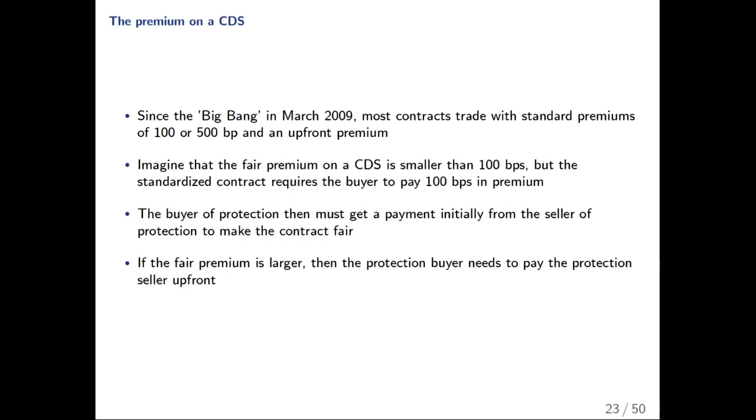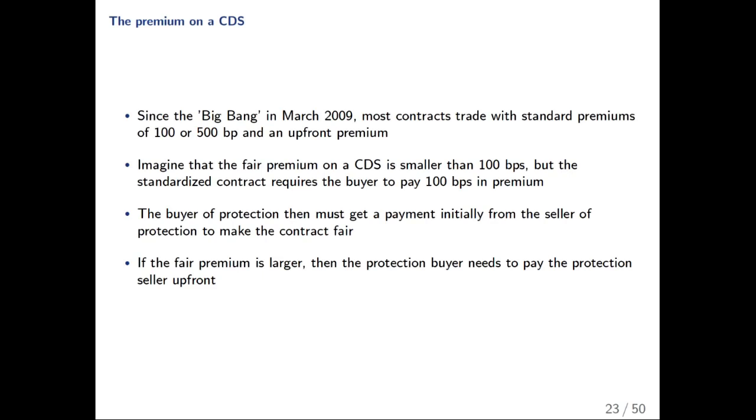So there's a 50 basis point difference, which would be paid quarterly over the life of the bond. Let's say the life of the bond is 5 years. Just to make clear, that's a quarterly payment. If it's a 5-year bond, there will be 20 of these payments of 50 over 4 basis points,